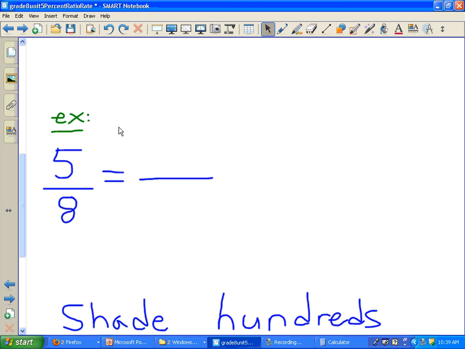And of course, I can't multiply 8 by anything to make it 10. I could multiply it by 125, and that would give me 1,000 on the bottom. So let's do that. 5 times 125 will give me